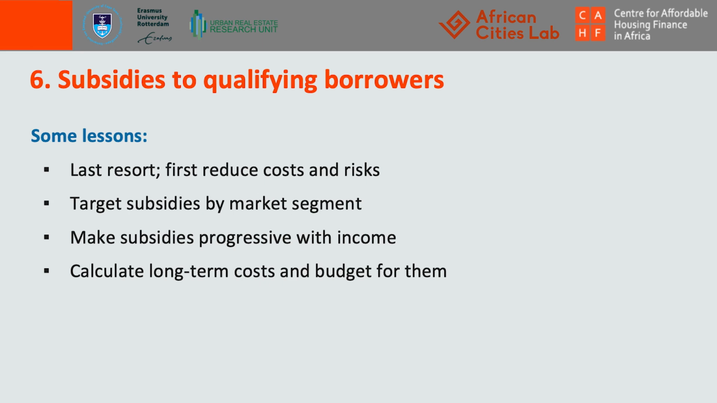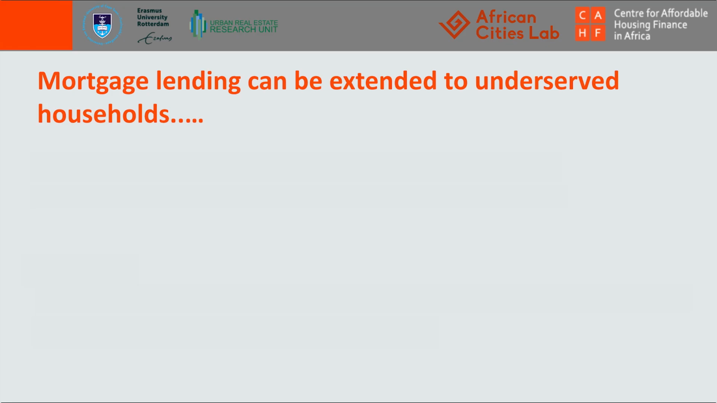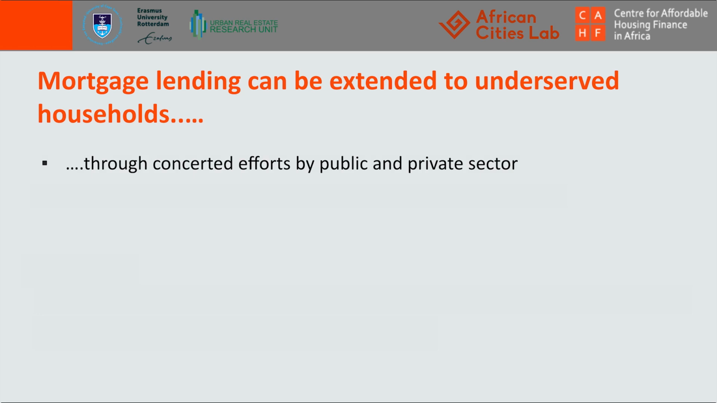One cost of subsidies that is often overlooked, and I want to mention here, is the administrative cost of subsidy systems. They should be kept as low as possible. And if the private sector can be used to administer the subsidies, that is in most cases a much better solution. In conclusion, mortgage lending can be extended to underserved households through concerted efforts by the public and private sector